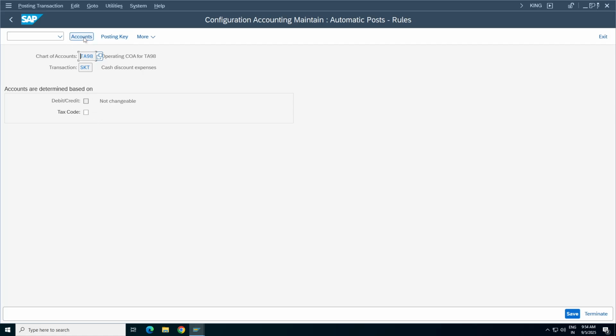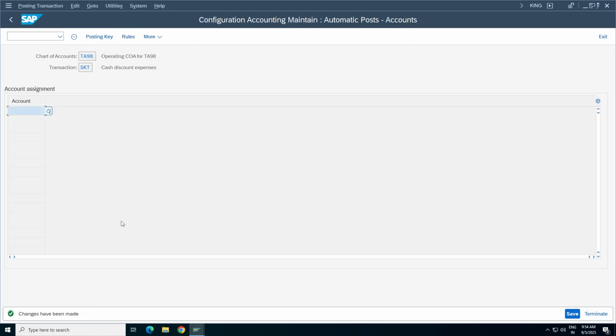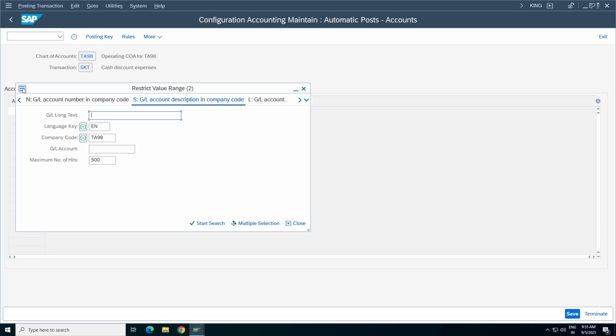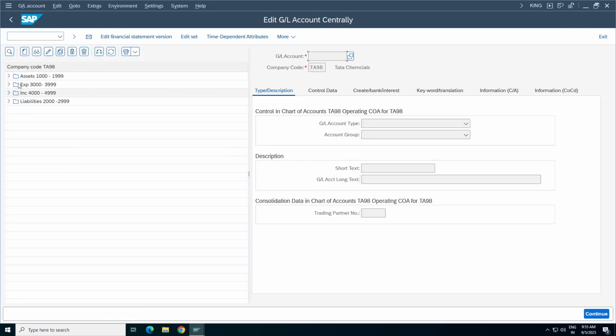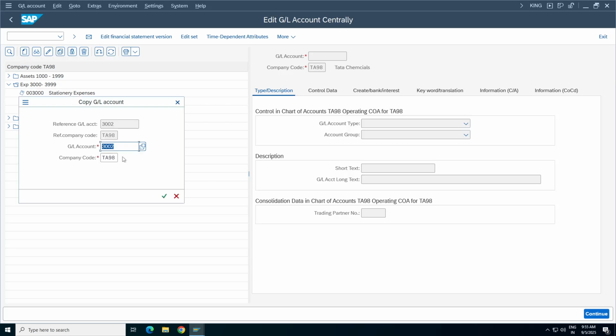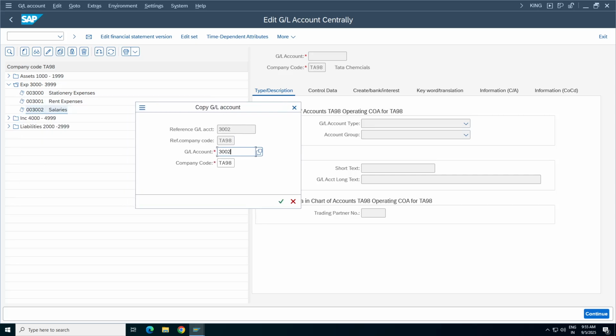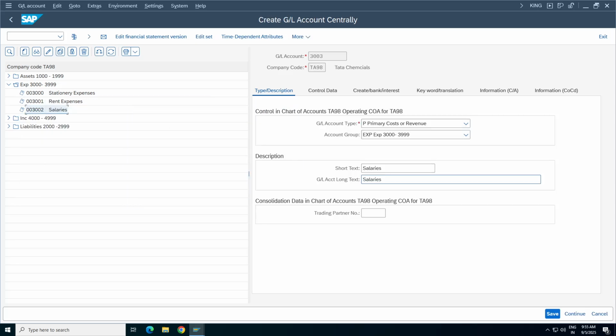The system will ask you to save this. We have not created any discount account, right? Create a session, FS00. Discount is an expense or loss, right? So take salaries, copy, 3003. So change it to